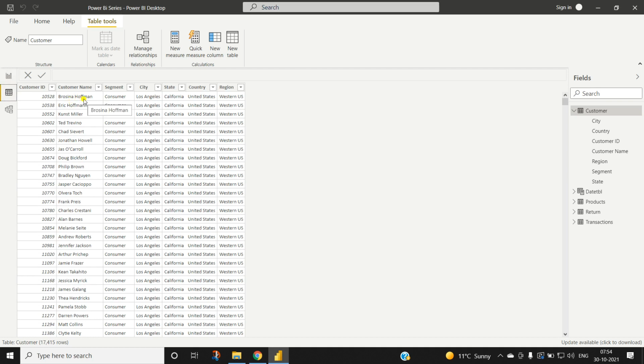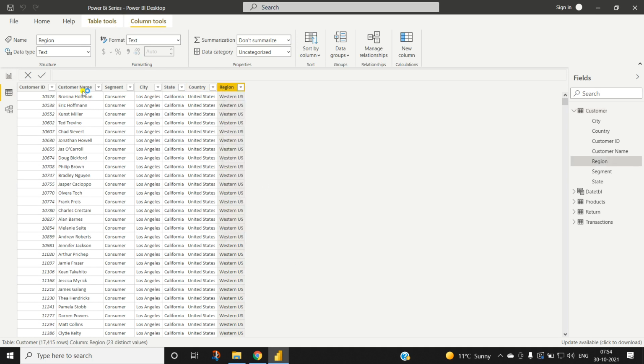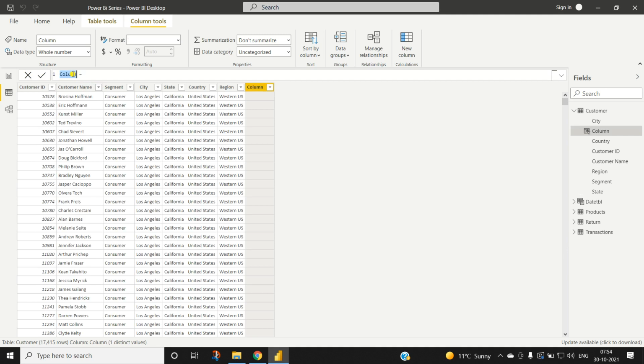So I want to extract the left name, so for that let me add a new column, and I will name it left name. For left we will use the DAX function called LEFT, and the text we want to use is in the customer name.